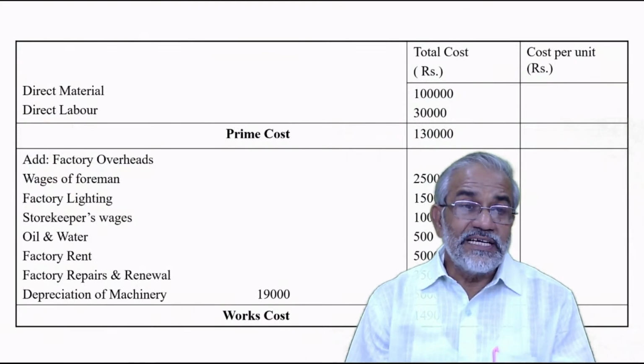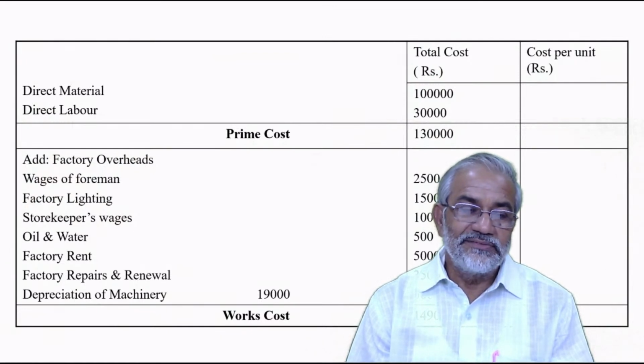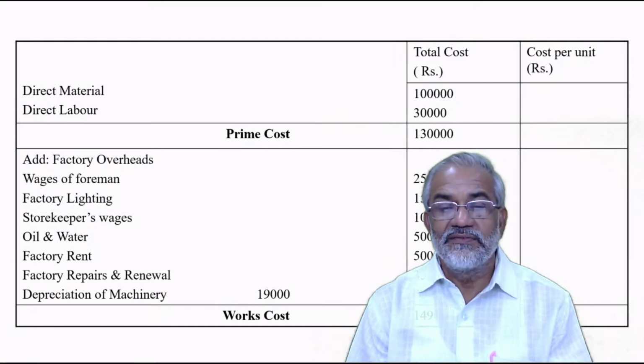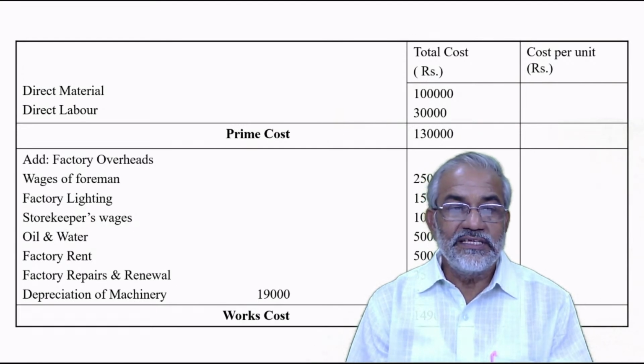Then factory overhead is added. Wages of the foreman 2,500. Factory lighting 1,500. Storekeeper's wages 1,000. Oil and water charges 500. Factory rent 5,000. Factory repair and renewals 3,500. Depreciation on machinery 5,000. And the sum total of all the items, all the 7 items under factory overhead comes